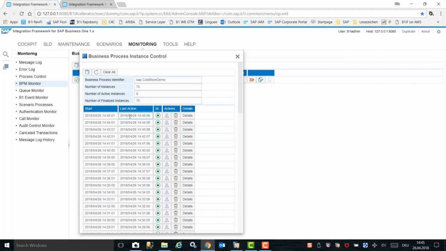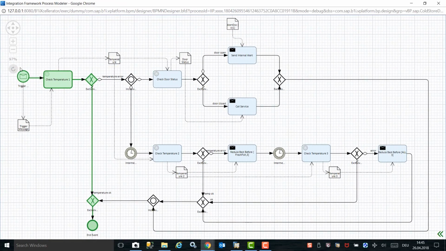In the integration framework, we can see that the scenario is running. Every minute, the instance is run and provides us with a result. From the integration framework, you have the flexibility to monitor the results by directly opening the integration framework process modeler. We can see that everything is currently running fine, which is indicated in green as the temperature remains at -20